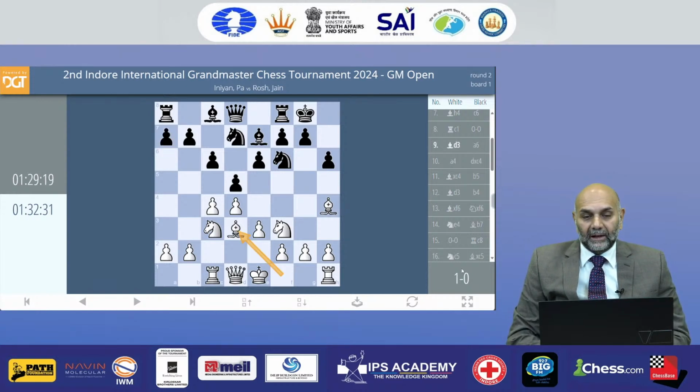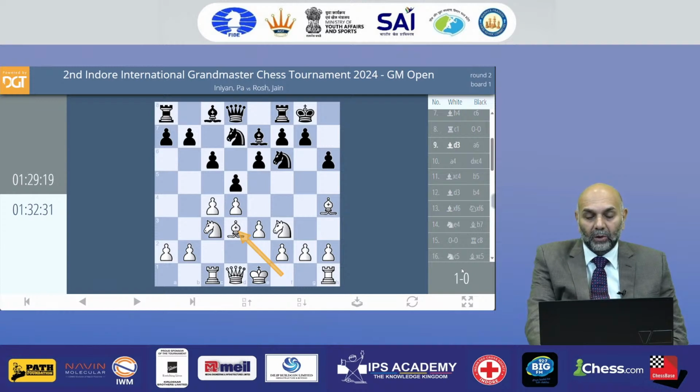The move h6 doesn't match with the classical variation. In case black takes the pawn with d into c4 here and bishop into c4 and then knight d5, there would be bishop g3. So if one has to play the classical variation of the Queen's Gambit declined, then h6 is not a great insertion. As you can see, now the position is a bit better for white because the recourse of d into c4 is not available to black. D into c4, bishop into c4, knight to d5 leads to bishop g3 with an advantage to white.